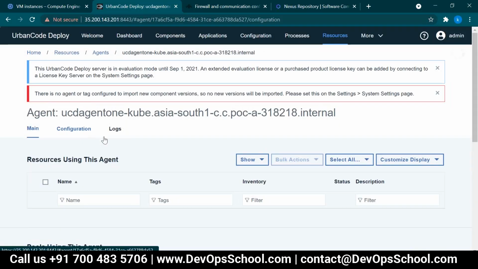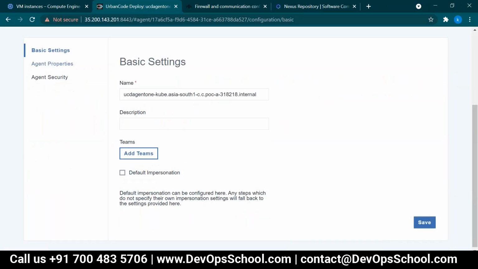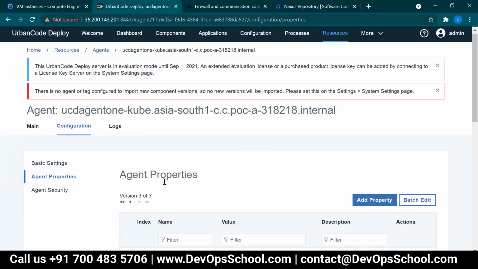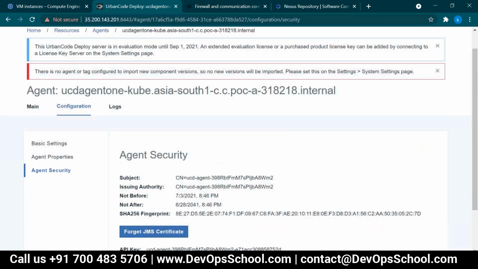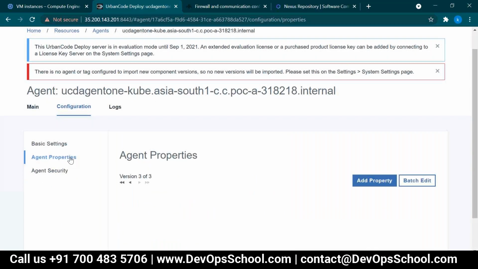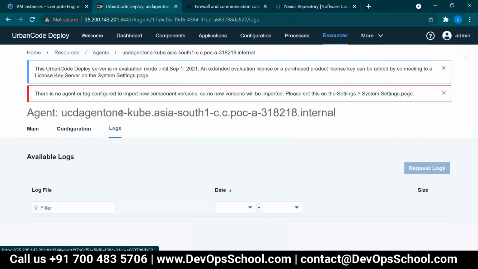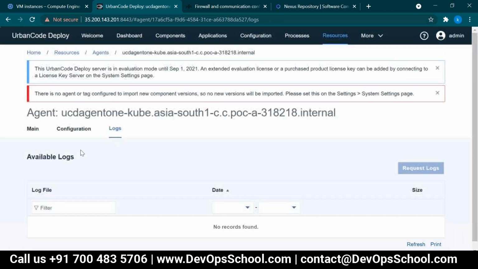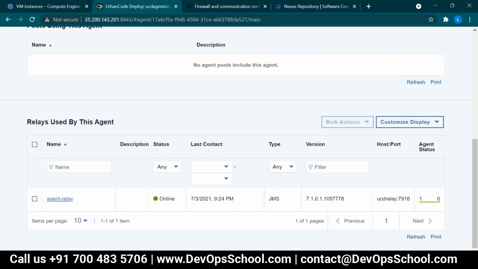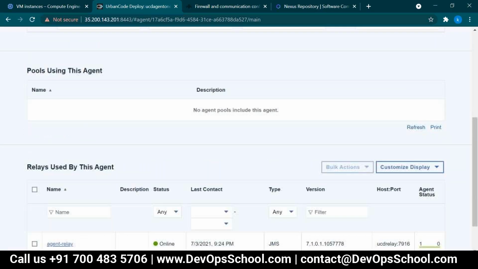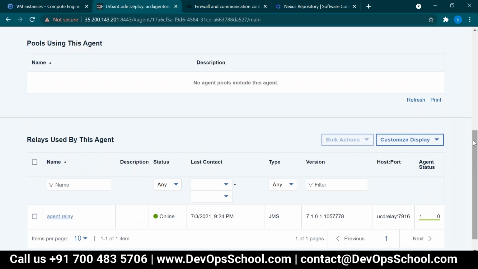One second, let me configure. I can see something. Then second, forward JMS certificate. Here also you can see the logs, agent logs. Okay, got it. So the last request is, before tomorrow I just want to do something.